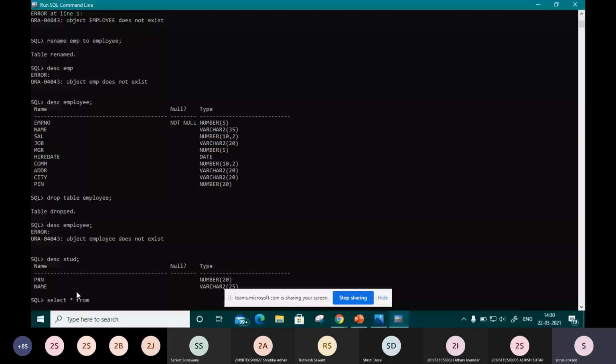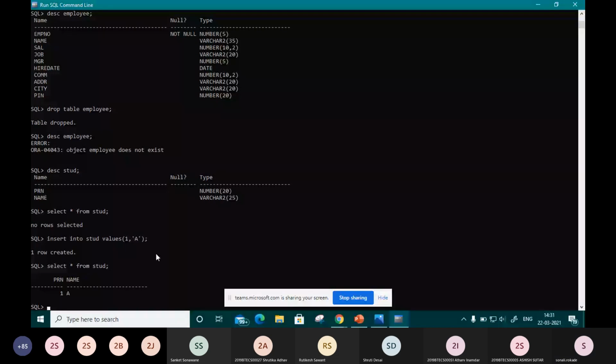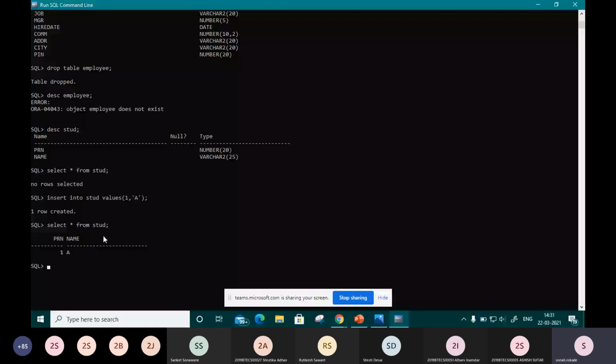No rows are there. Okay. So first of all, we have to insert some values. I will write some values, 1, comma 8. So one row will get created. If we check the values from that table, they will be retrieved in this way. Now, what I want to do is delete all the rows present there, so I will use the truncate command.